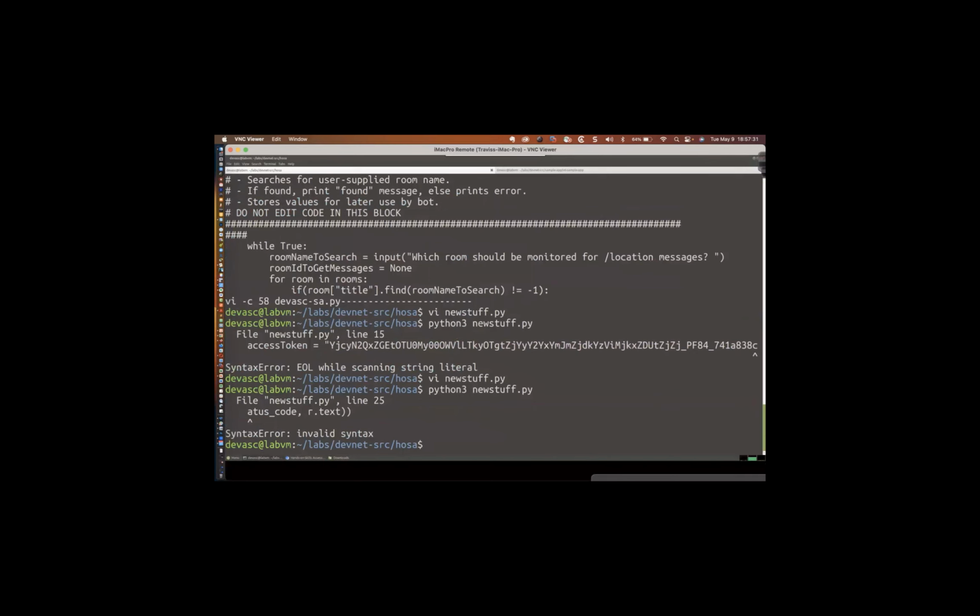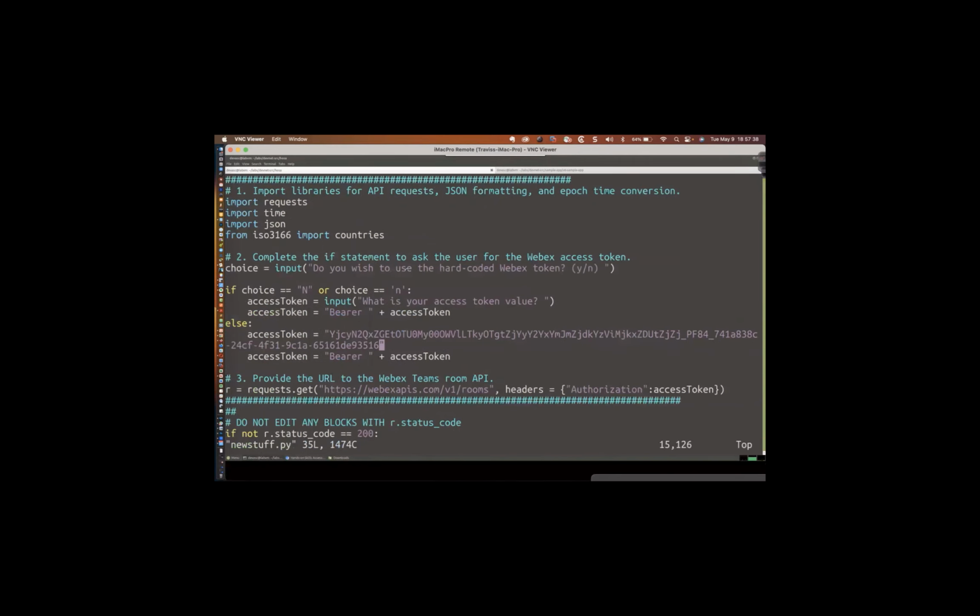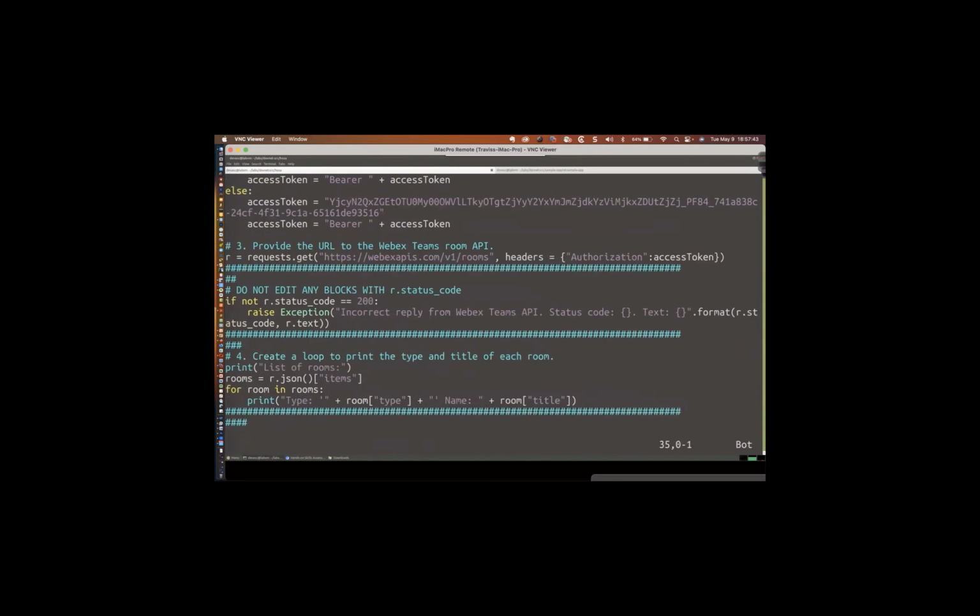And now it doesn't like status code. Boy, oh boy, we are just a litany of typos here this evening. All right, so we're looking for status code. And that should be, this should be fine. If not,